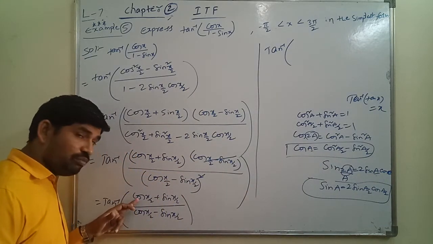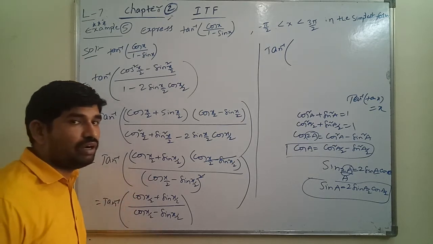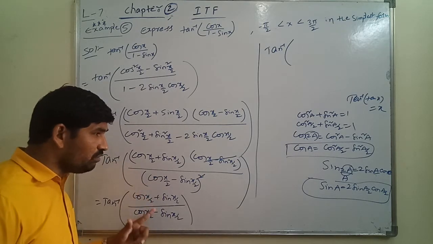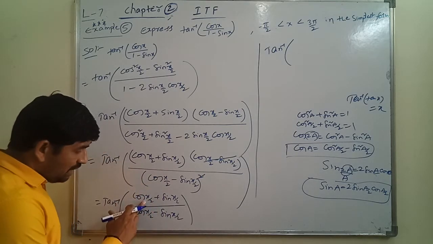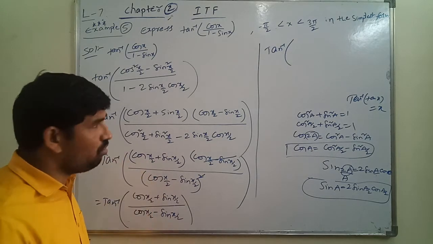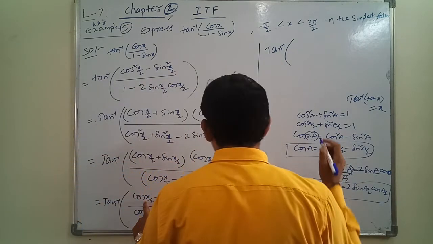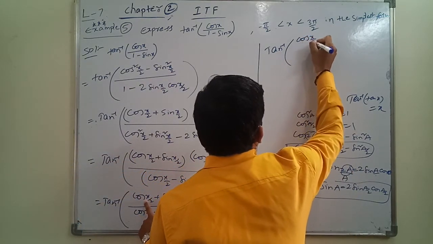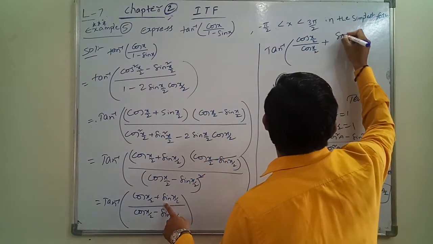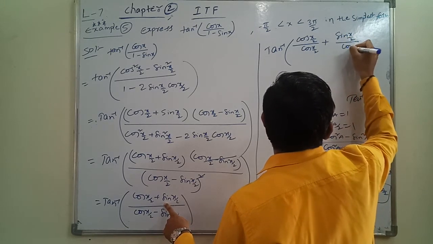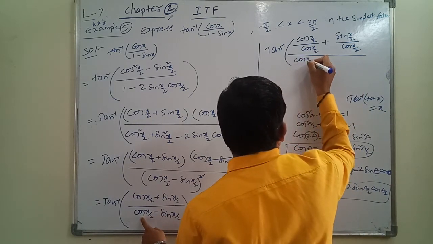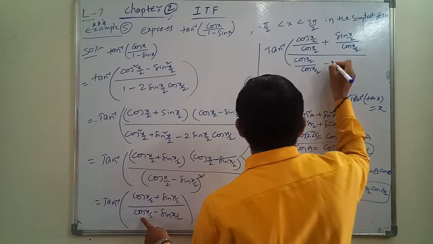See, from numerator and denominator, I am going to divide with cos x by 2. Sir, why are we going to write cos x? We are going to divide with cos x by 2, which means cos x by 2 gets cancelled, but sin by cos will get what? Tan. Yes or no? So that's why I will write here cos x by 2 by cos x by 2. Again, I am going to divide sin x by 2 by cos x by 2. It is very easy to understand. So next one, the denominator is again divided with cos x by 2 here. So all of you able to understand?